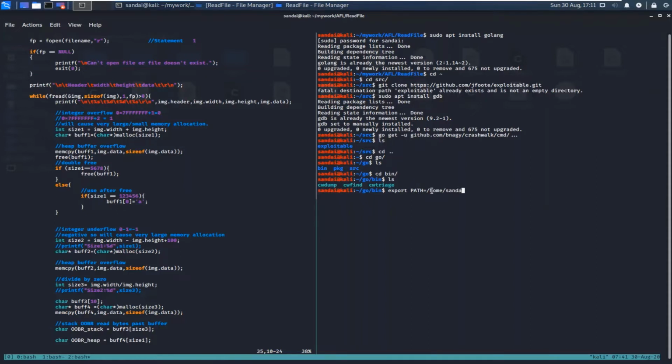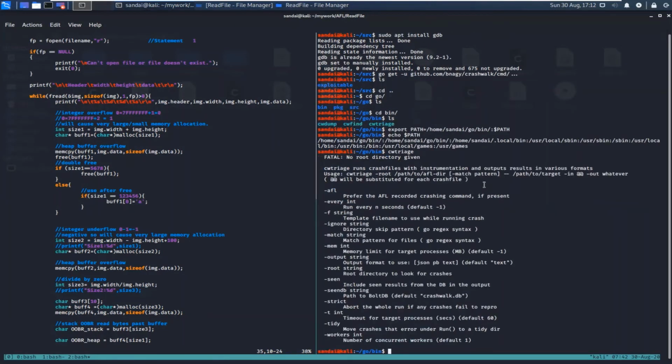In my case it is this, and then you combine it with the existing PATH. Now let's confirm: echo PATH, and you can see that it is over here. So now I can simply use cwtriage from anywhere.